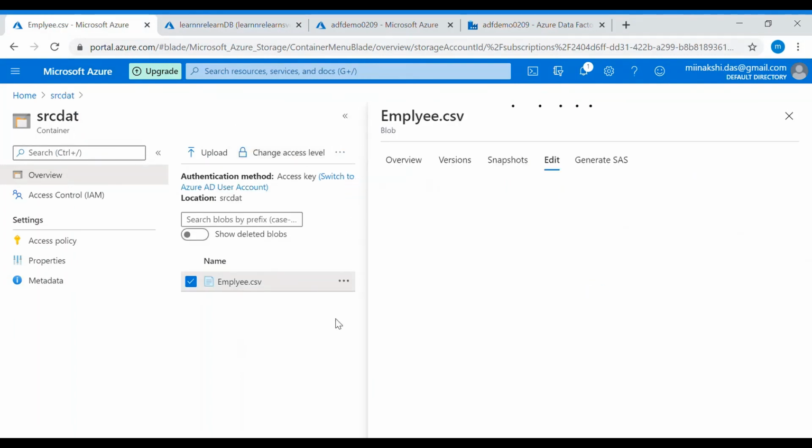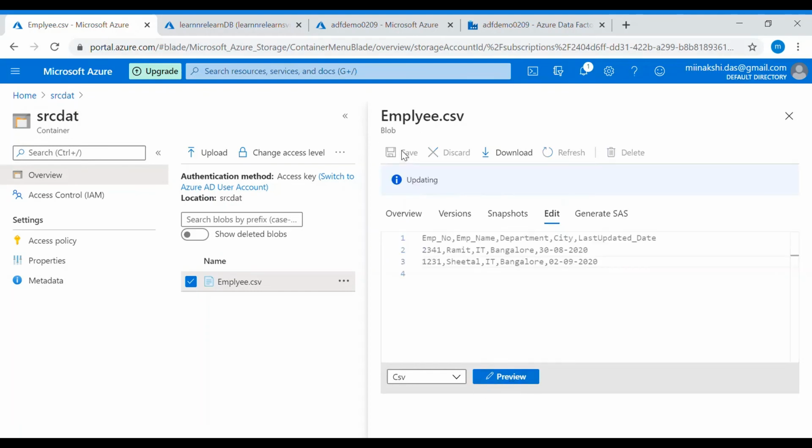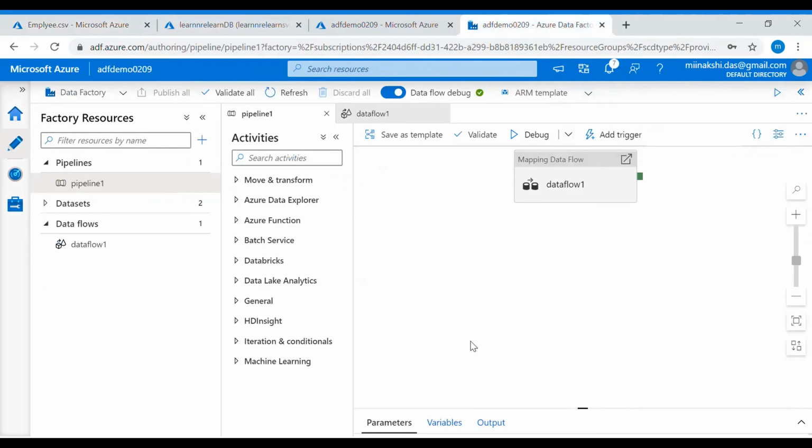When we click on this blob storage file, we can edit the file here. Let's change this data, and we'll change the date also. Save it. Okay, it is saved. Now we will execute the pipeline.